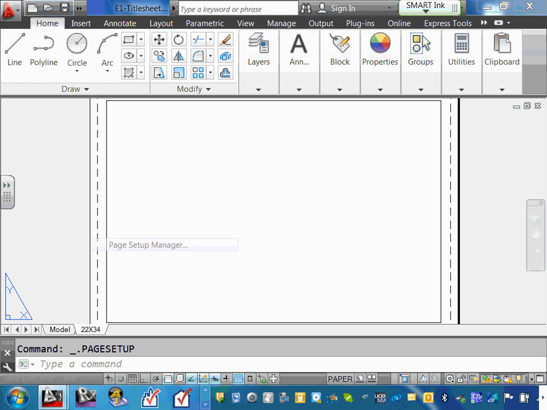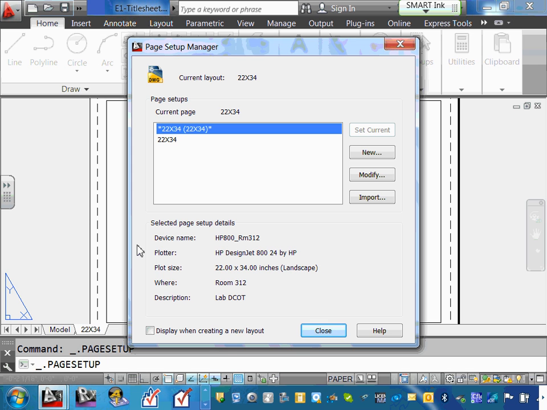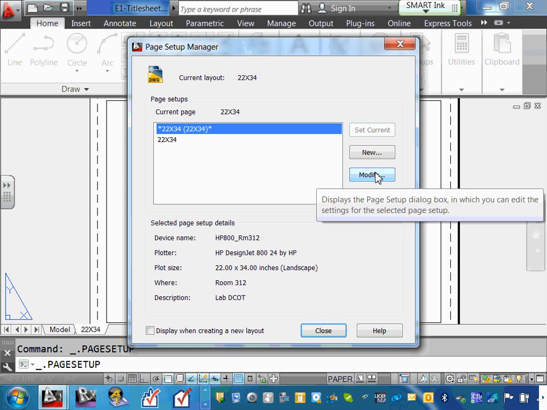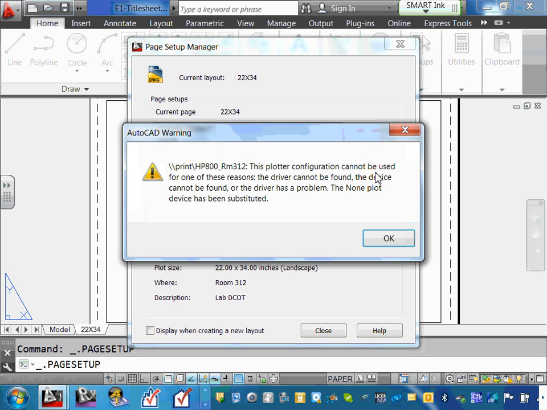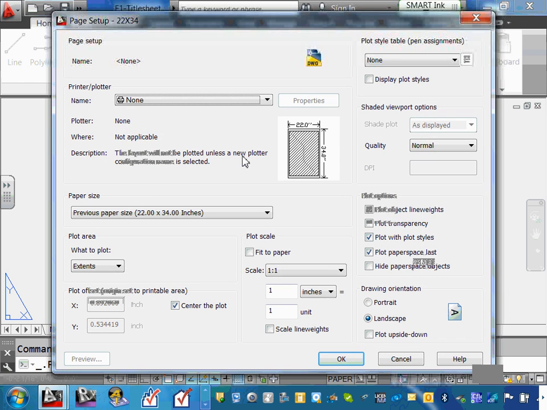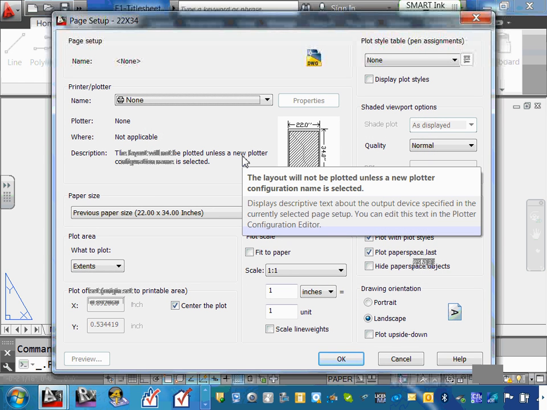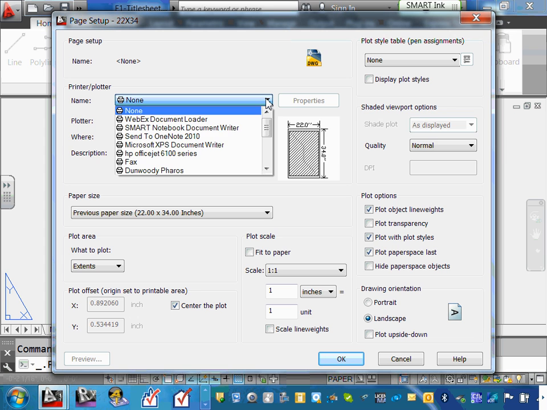Page Setup Manager. Click on Page Setup Manager. Do you guys see the Page Setup Manager? Do you see the 22 by 34 that's already there? Since you already have one, I would like you guys to hit Modify. Now you are modifying the 22 by 34 page, right? The first thing I would like you to do is go to plotter name